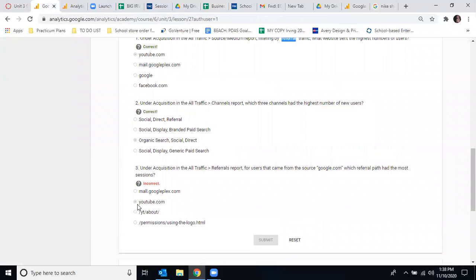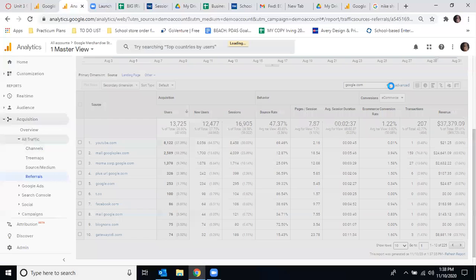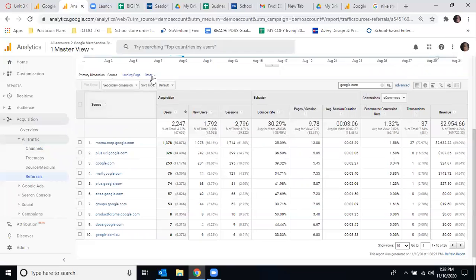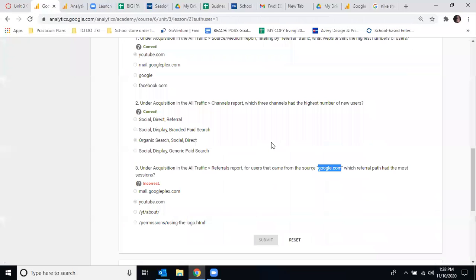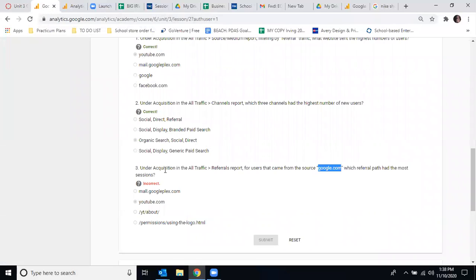Oh, I put this one wrong. Oh, sorry. I missed a step on this one. Let me go back and show you. Referral came from the source. So I have to go through the source and type in google.com. So let's come back here. I again filter through the source, which is google.com. It wants to know which one had the highest number of sources from Google that have the highest number of referral paths. It looks like